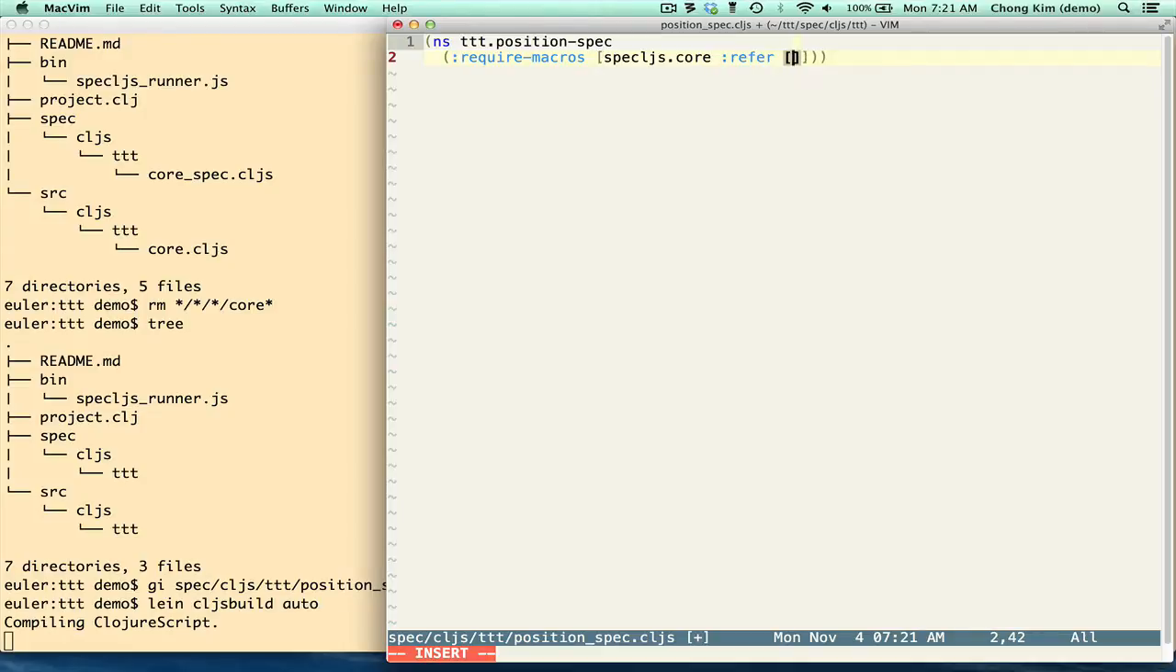I'm gonna grab the describe, context, and it should equal. That's a good start. We'll probably add more if we need to. Then we need to require specljs core, so this way our spec will work. And we'll need position, and the first thing that we're going to implement is